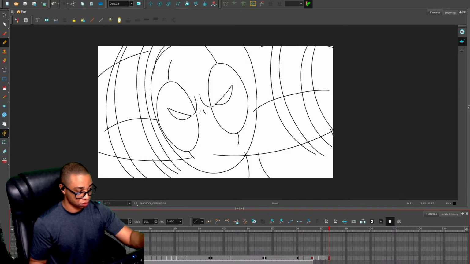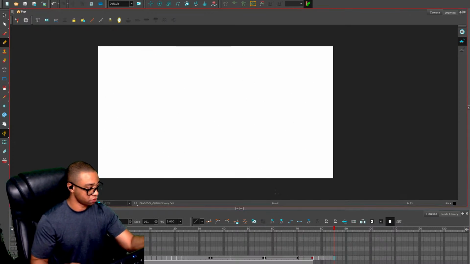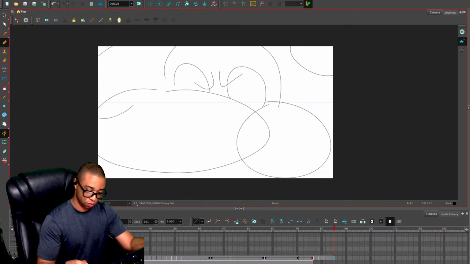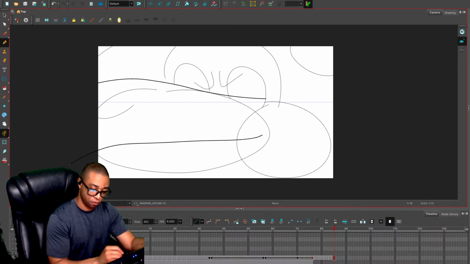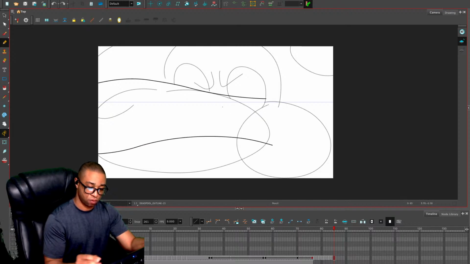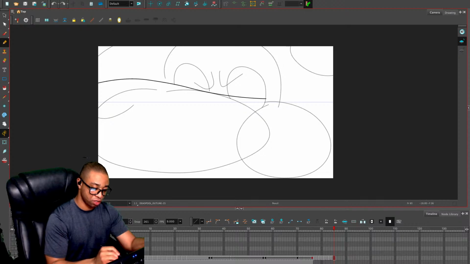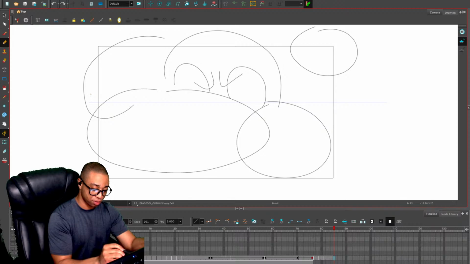Oh, shoot. And then right here, nah, we can draw that arm a little bit better than that. I think I need to take off this cropping. I think that's messing me up.